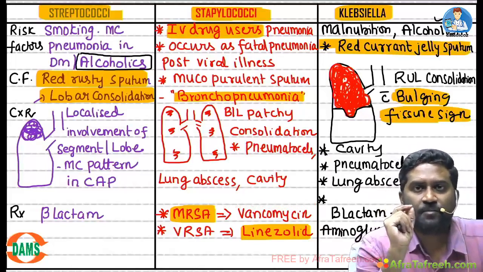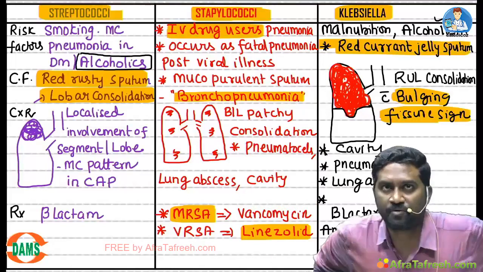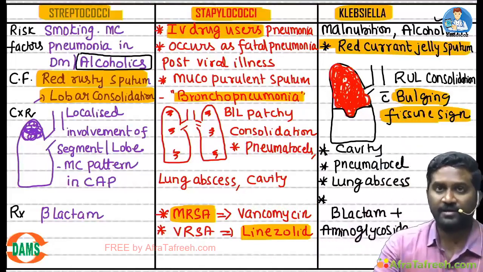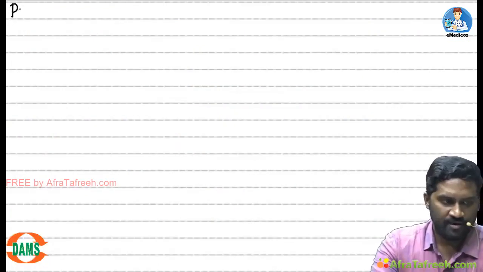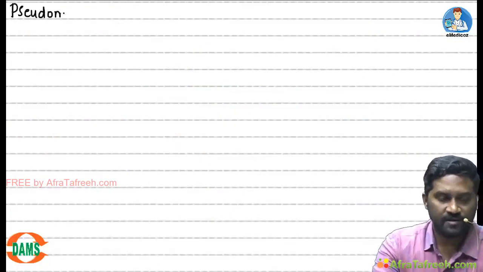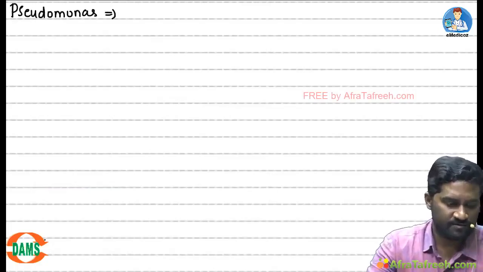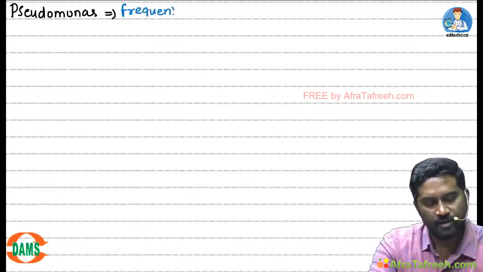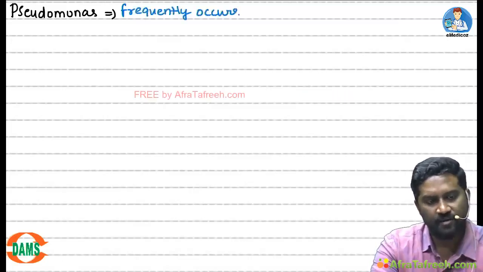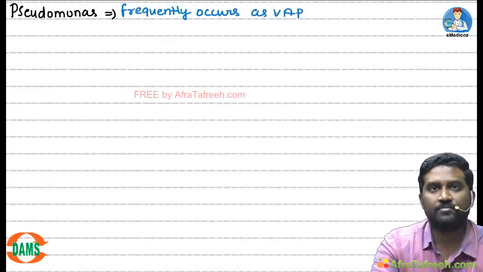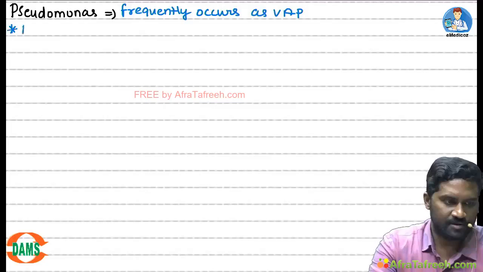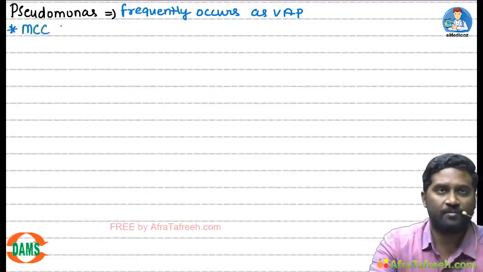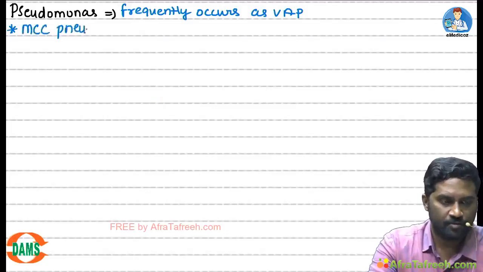So this completes the important typical pneumonias: Streptococcus, Staph, Klebsiella. Now another typical pneumonia will be Pseudomonas. So write down Pseudomonas. Where are we routinely seeing Pseudomonas pneumonia nowadays, students? It frequently occurs as ventilator associated pneumonia. Whereas in the community, if they ask you the most common cause of pneumonia